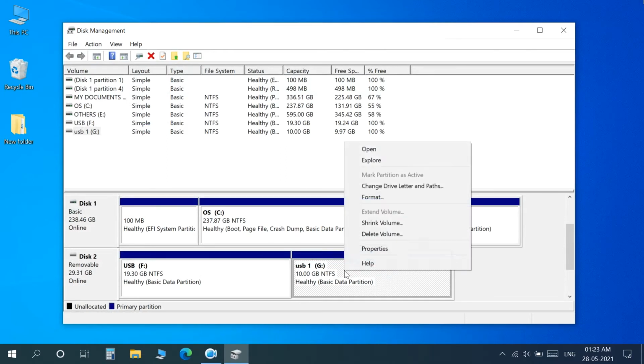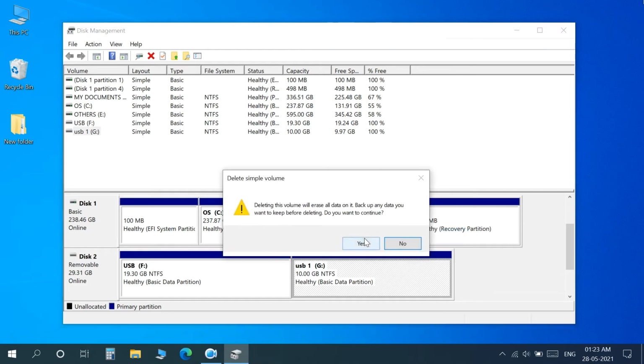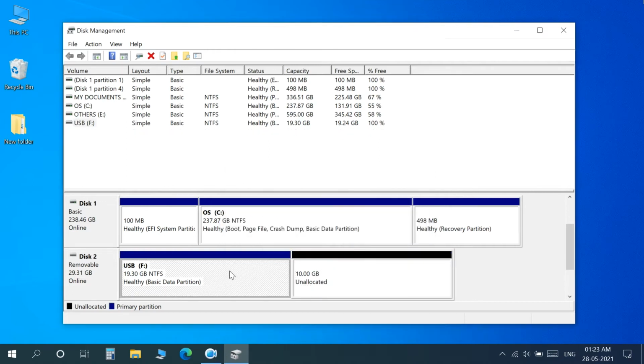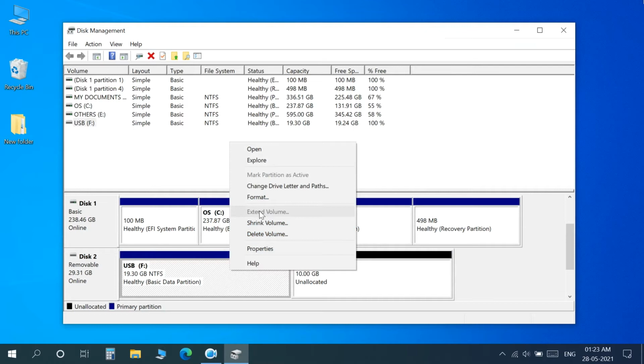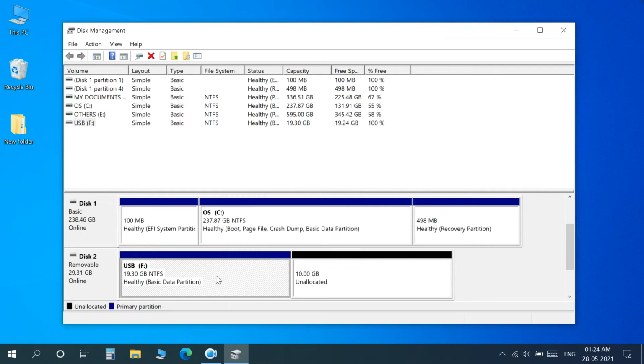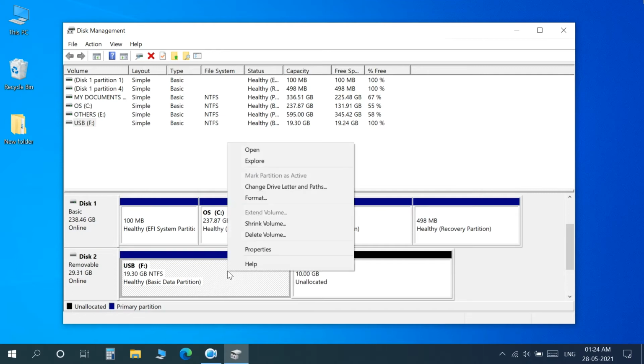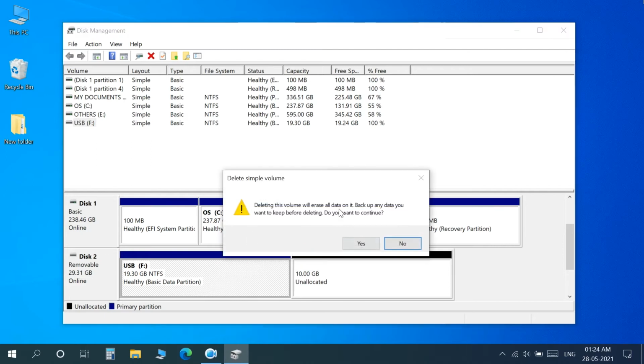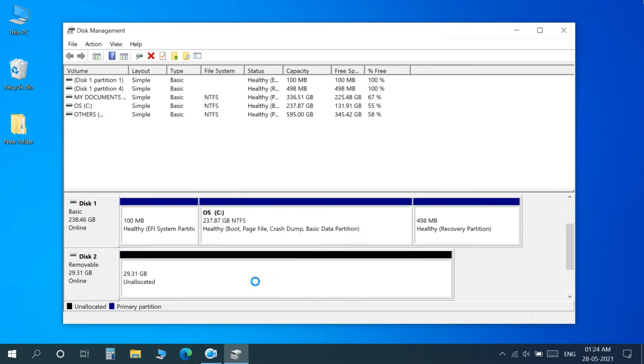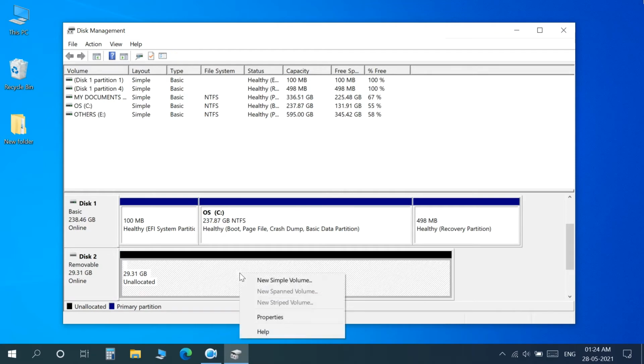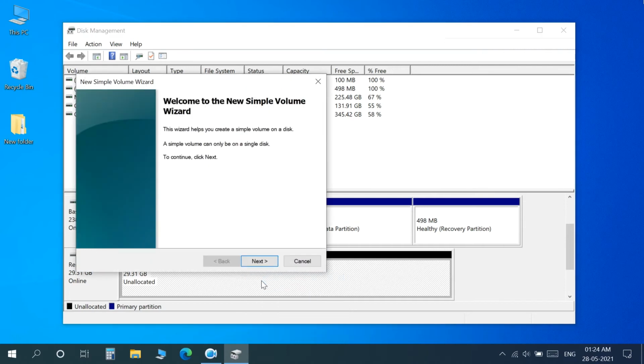In this case, if I select delete volume, then here also you have to make a backup of the data if you have stored any on that. Now if I right click on it, you can see that the extend volume option is not highlighted. So for this you have to make a backup of this drive also and then right click on it and select delete volume. Then you will select yes. Now here total volume is unallocated, so you will right click on it and select new simple volume and then